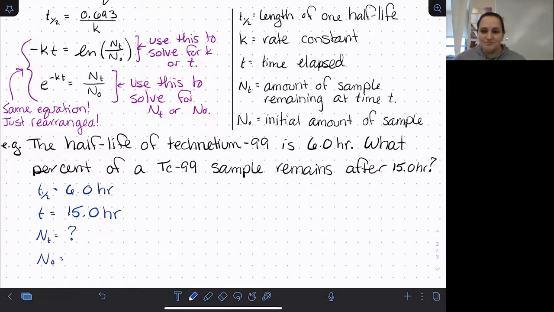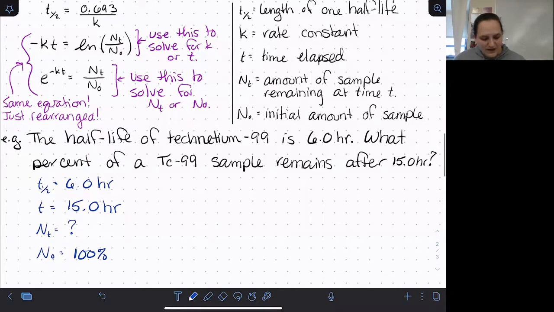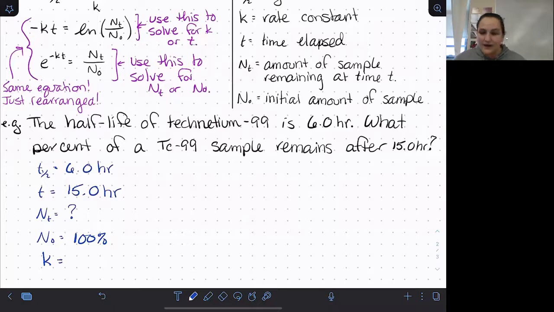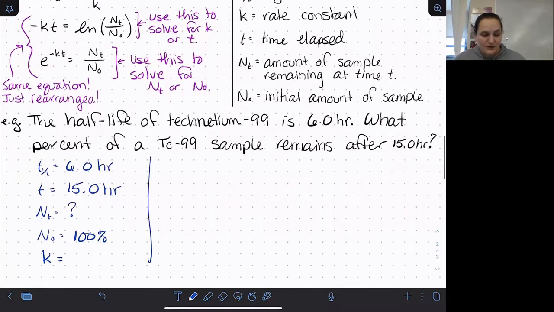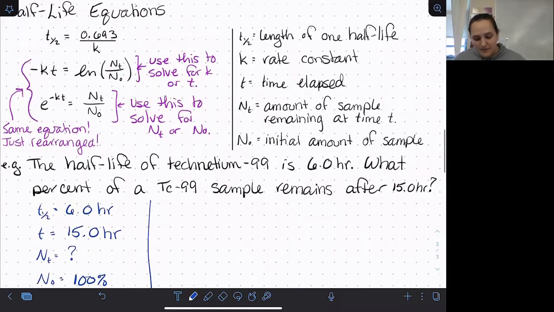And N0, I'm not given a specific amount that I'm starting with, but I can assume I'm starting with all of it. If I'm looking for what percentage is remaining, I know I'm starting with my whole sample. Initially, I have 100% of my stuff. That will give me Nt, what percent is remaining. And then k, I also don't know initially, but I can find. If we look back at our equations, k can be calculated just from the half-life. So I know the half-life,